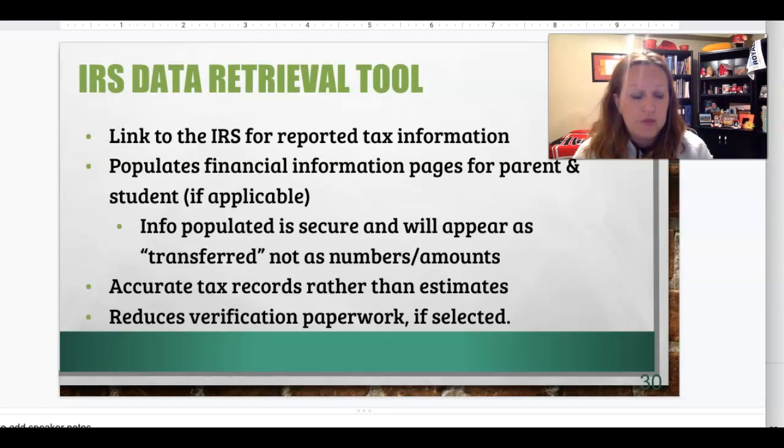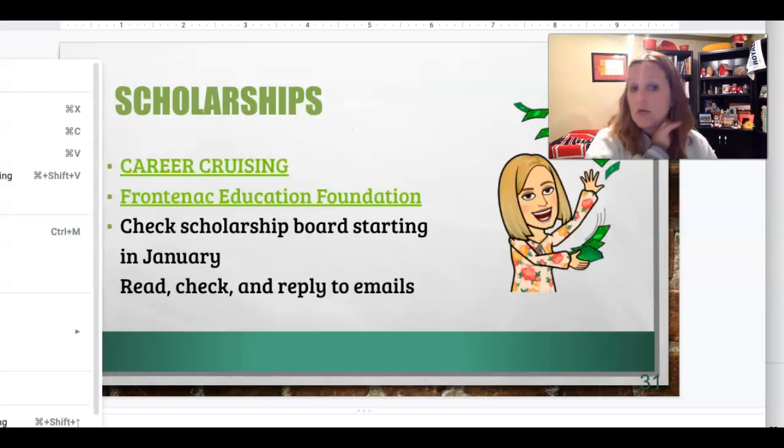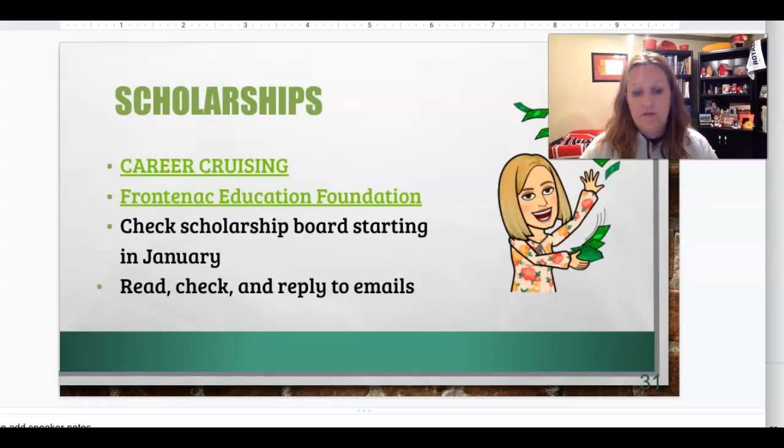This also reduces the likelihood of needing further paperwork for verification or income verification or anything like that. So it is a great tool, and they have really done a good job about getting that set up a lot better. Okay, so another portion of financial aid were scholarships,